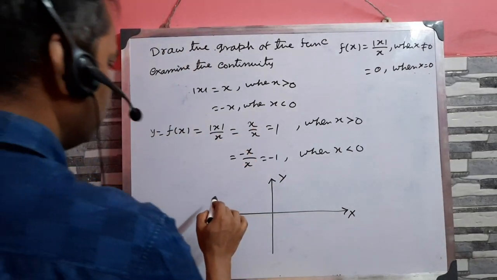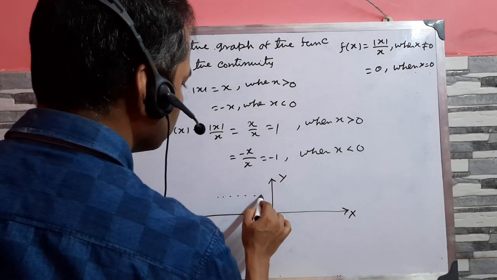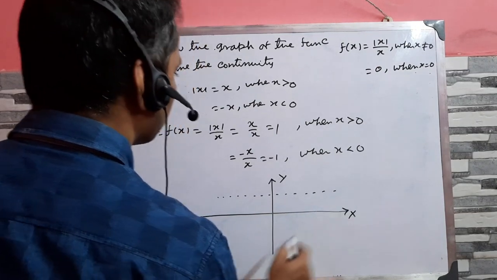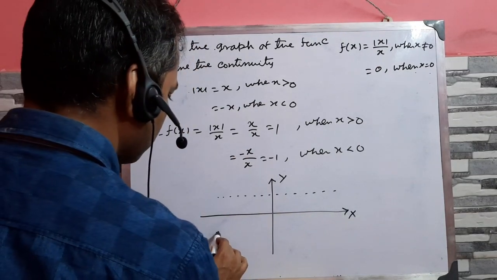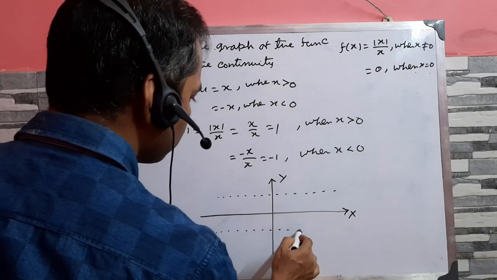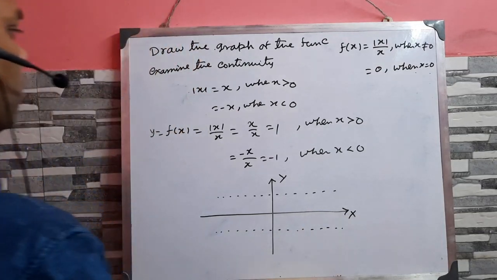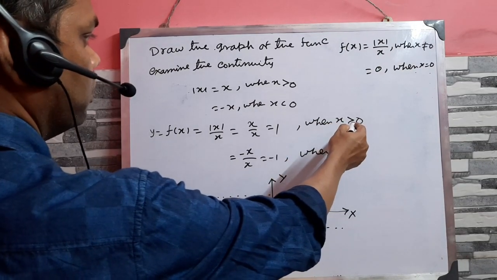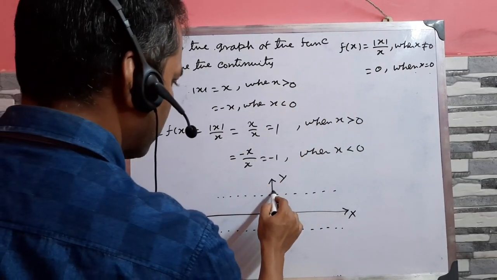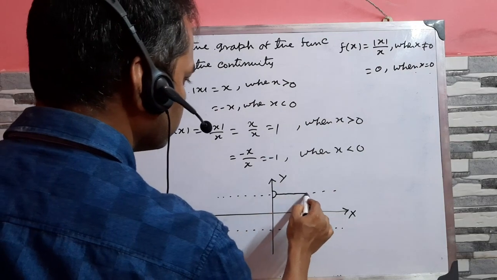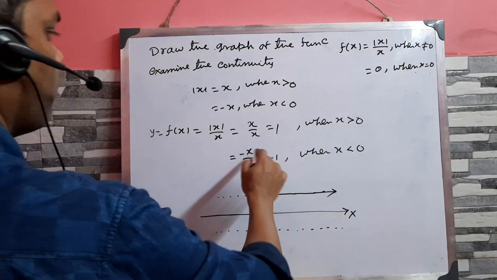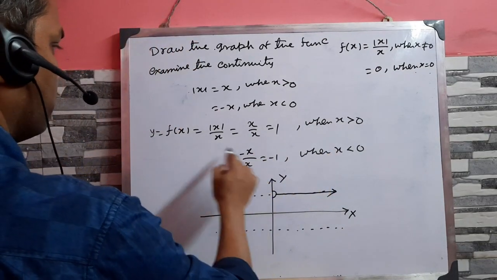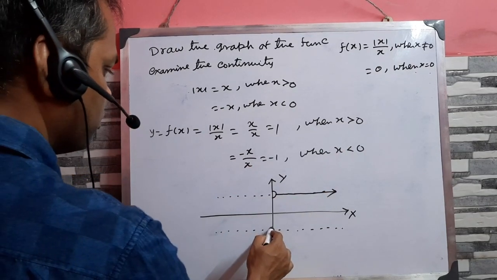For y equal to 1, x greater than 0, x does not equal 0, so here is given a cap, and y equal to minus 1 when x is less than 0, so here is also a cap,